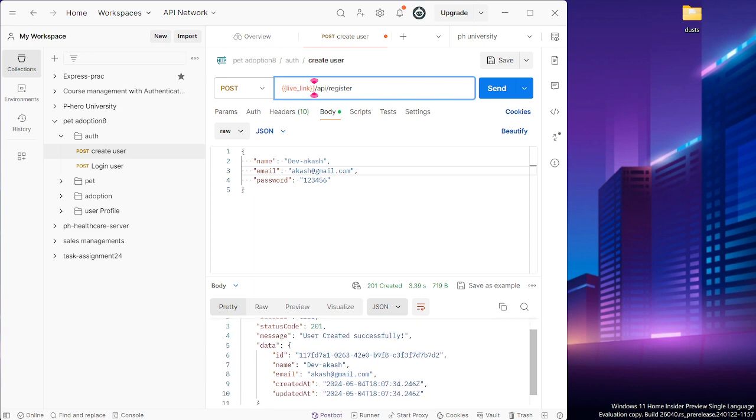Okay, user created successfully. I am using Railway Cloud Service